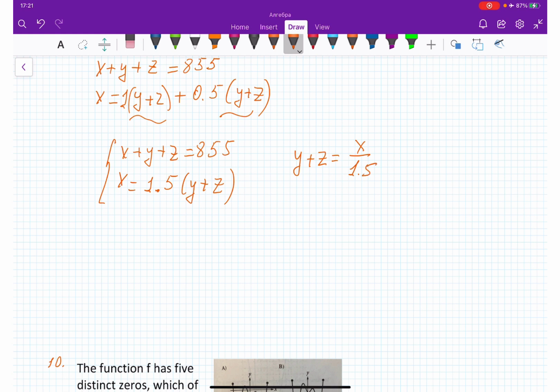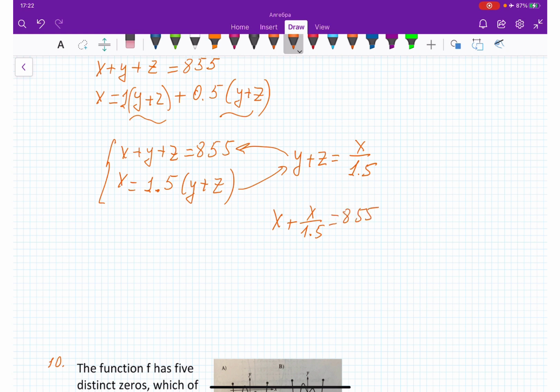So this is what we found. And we're going to plug in this one. So it's going to be x plus, and then instead of y plus z, I'm plugging in x over 1.5, and that is going to be equal to